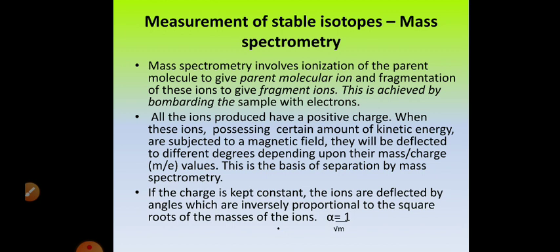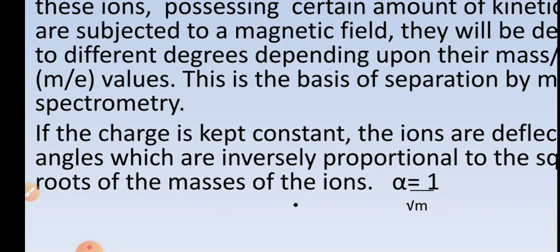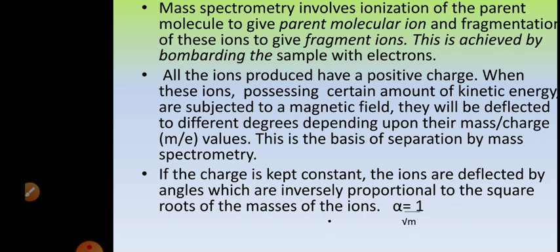If the charge is kept constant, ions are deflected by angles which are inversely proportional to the square root of the masses of the ions. That means alpha, the angle by which it is deflected, is equal to the inverse of the square root of mass, that is, 1 upon root m. So alpha is equal to 1 upon root m. So if you keep the charge constant, the